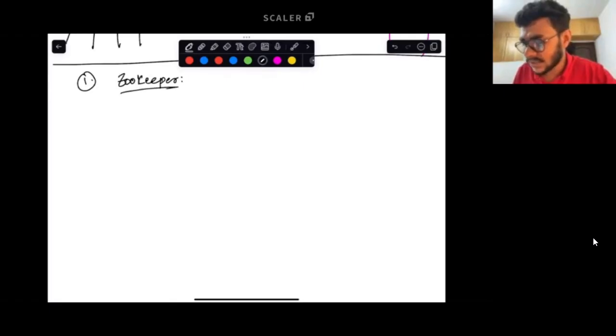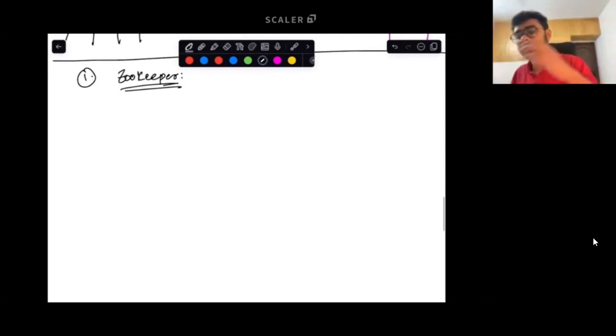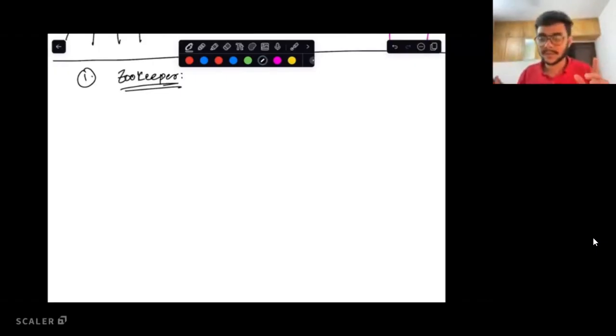This is a technology that if you have not heard about it, or if you've heard about it, does not matter. We'll take it absolutely from scratch. In fact, we'll try to see the problem that it ends up solving, and then we'll see how it solves that problem and what its internal architecture is. Okay, so this is how we'll take a look at Zookeeper. Don't worry if you've not heard about it; it's absolutely fine, right?